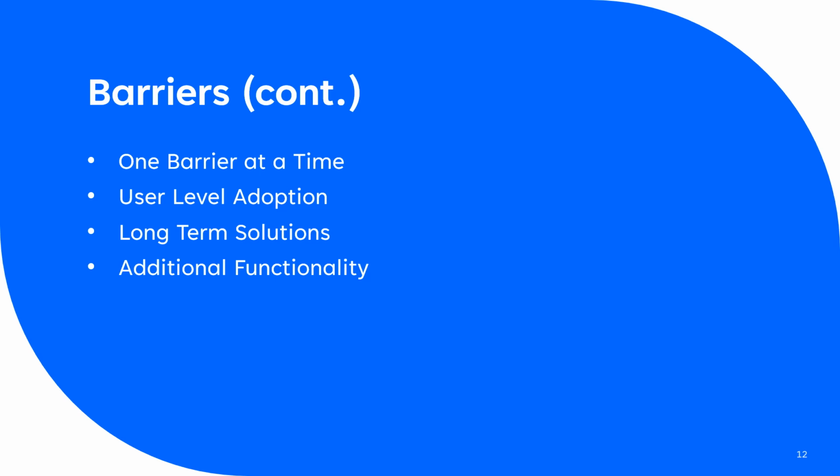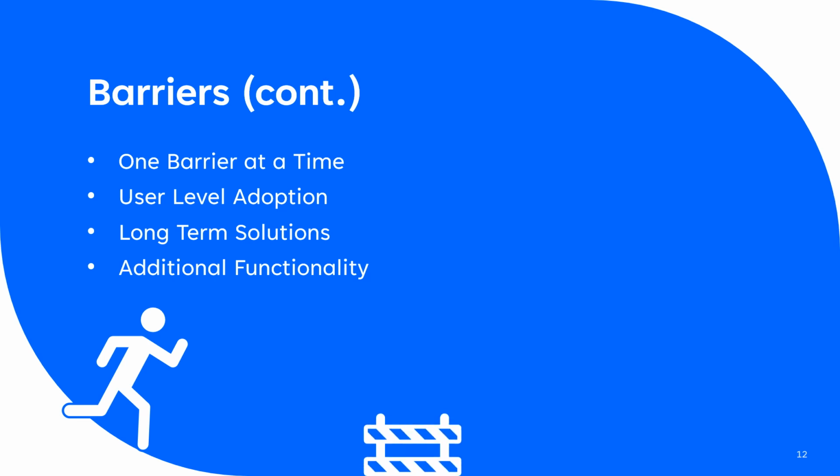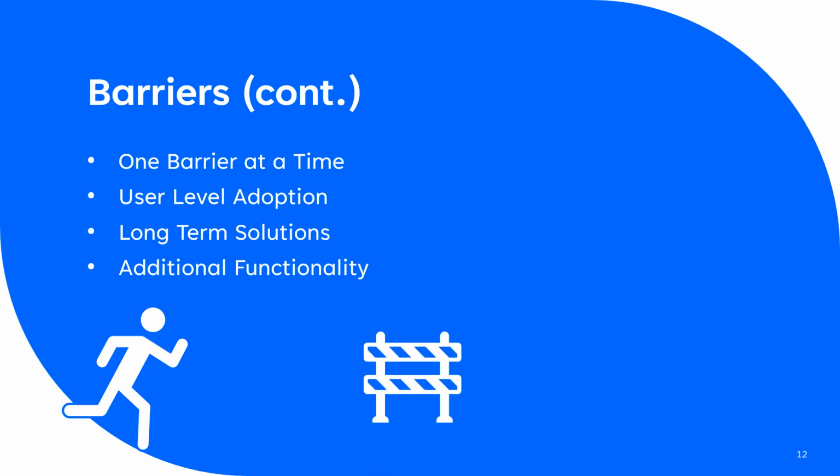Bill and Gary recommend taking one barrier at a time. Barriers can go all the way down to the user level, and user adoption can have a major impact. They want to be sure whatever system they bring in will be a long-term solution and will be maintained properly. Short-term fixes don't last and may cause problems with ongoing maintenance. Sometimes barriers can be addressed by systems already in place through the use of additional modules or licensing.